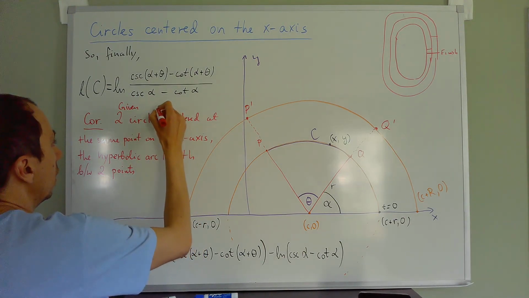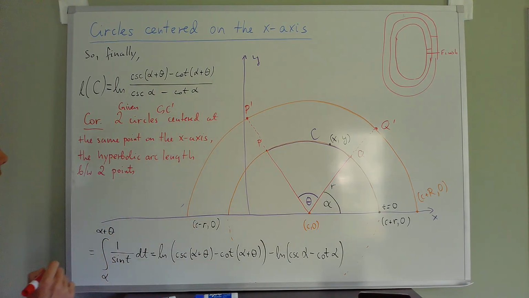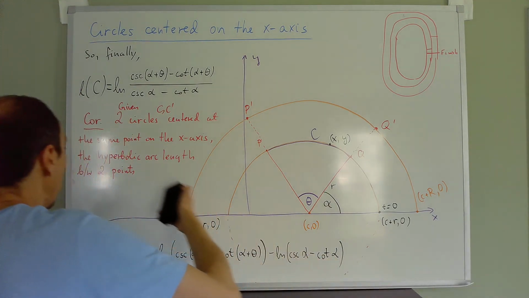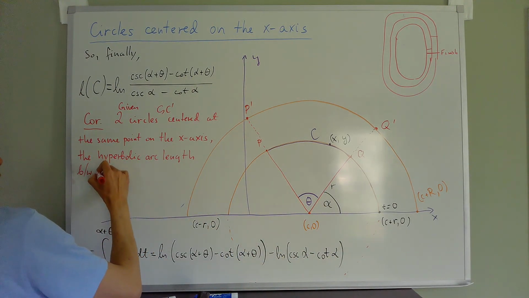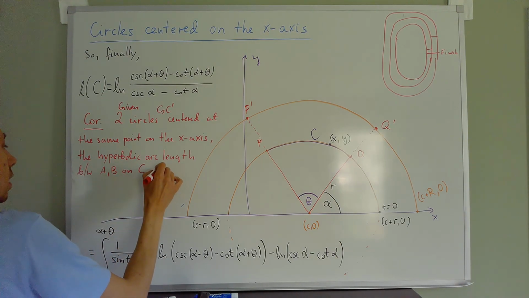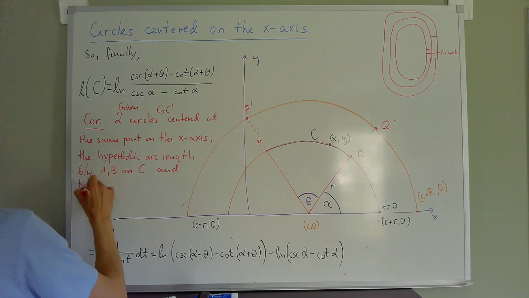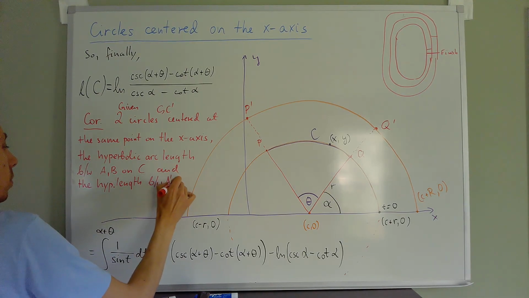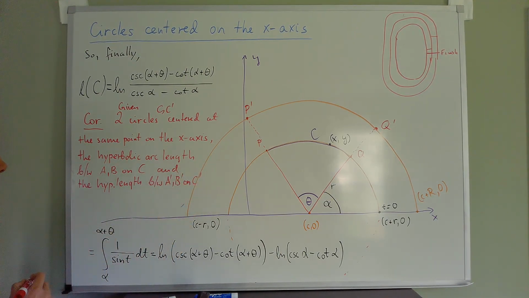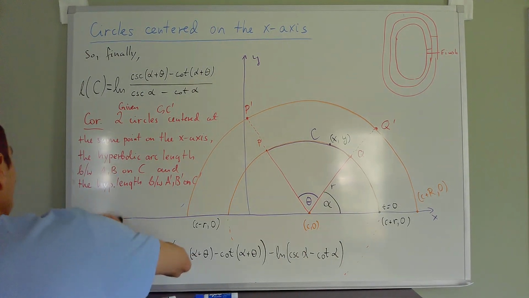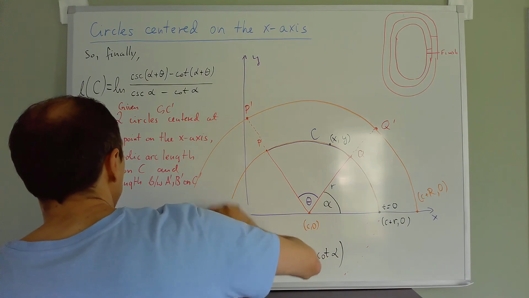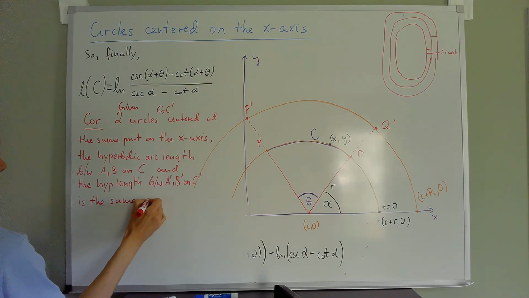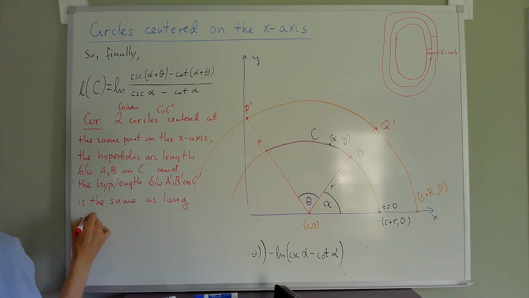Given two circles, C and C prime, centered at the same point on the x-axis, the hyperbolic length between points A, B on C and the hyperbolic length between A prime, B prime on C prime, is the same as long as, let's see,